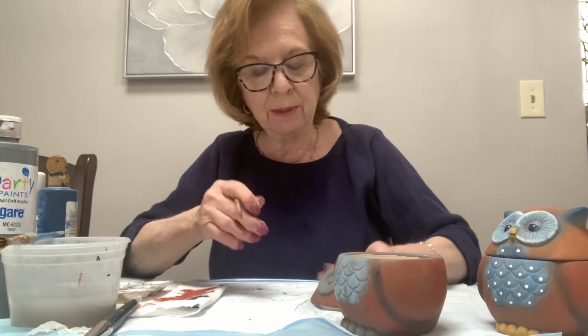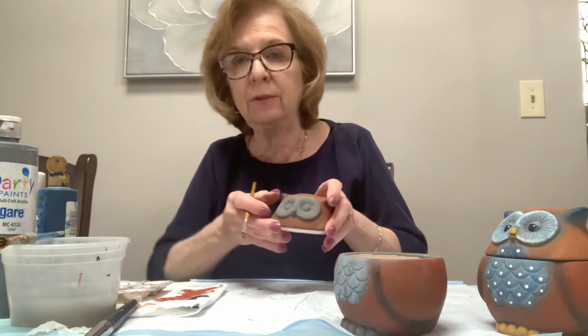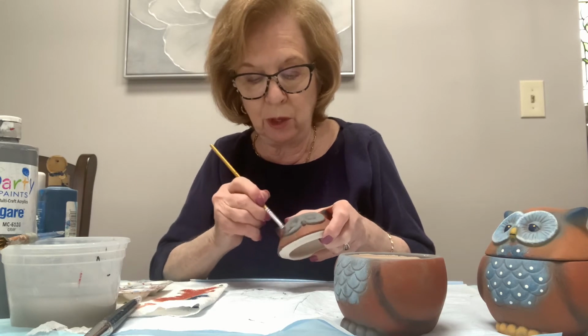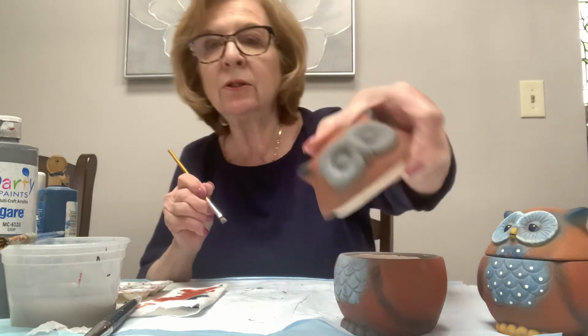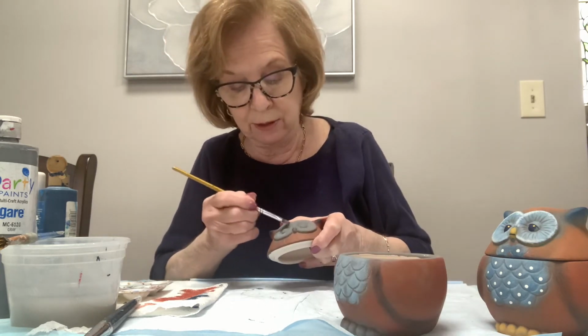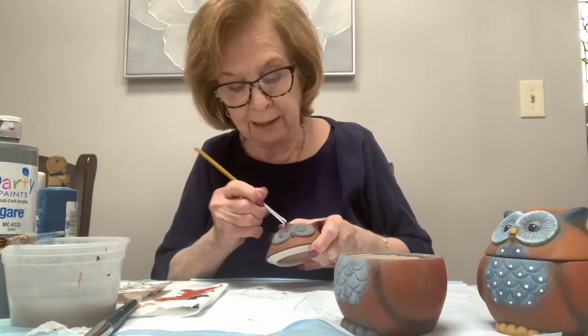Take it out. Now, because the crevices turn on the eyes, the way you want to go around is the opposite way of the crevices. And you see that? The opposite way of the crevices keeps the color in the crevices, the gray, the dark gray. So lay your brush flat